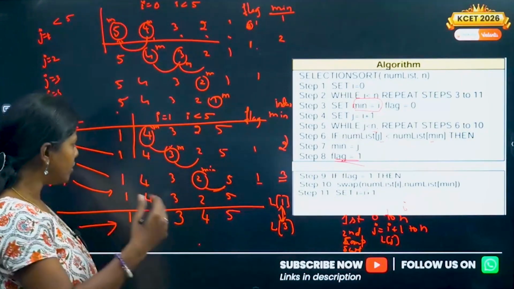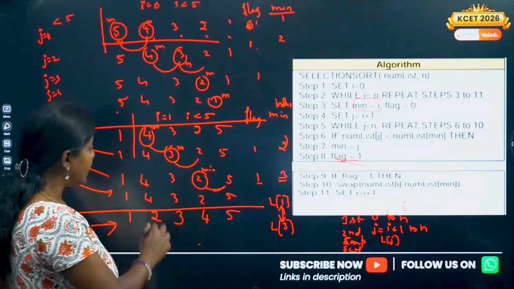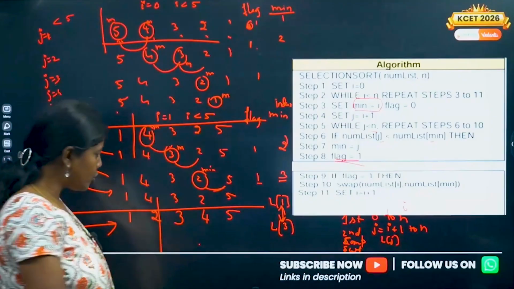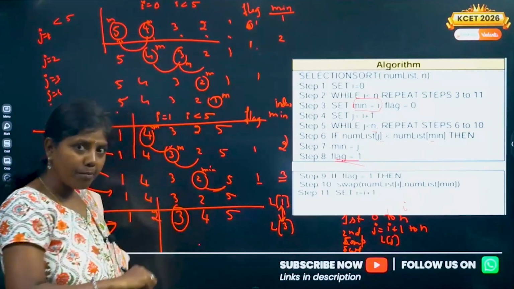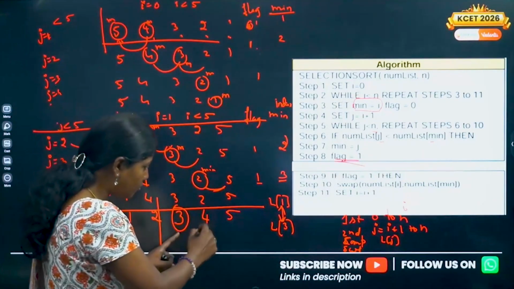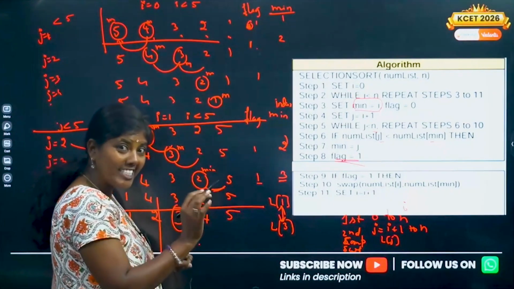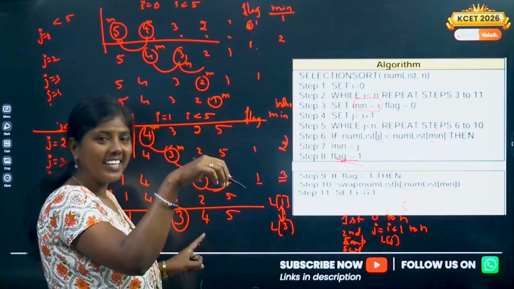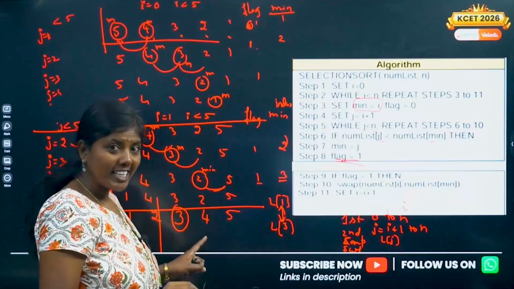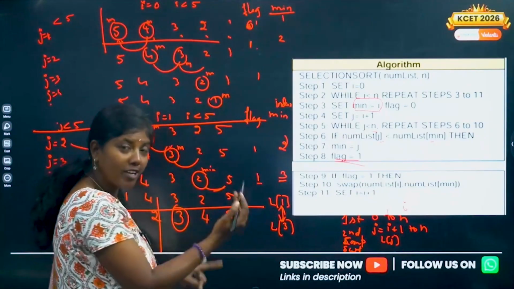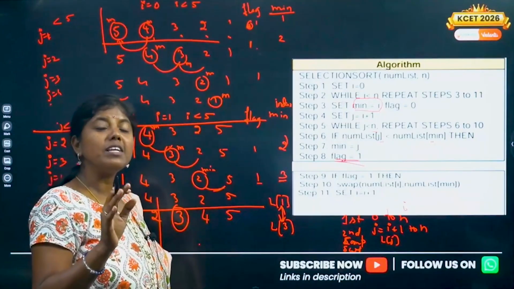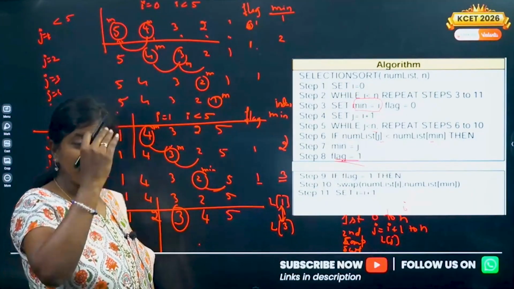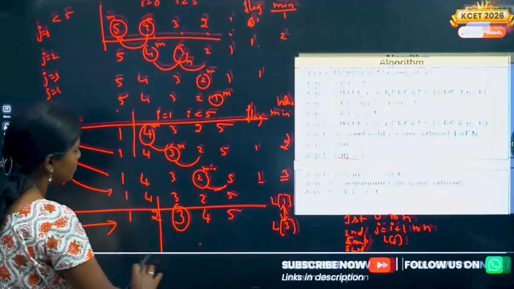Definitely not. It is going to continue with the further iterations also. Then it is going to check. See, in this, 2 elements are already sorted. In the next iteration, what is it going to take? It is going to take min as the third and third. Then it's going to compare, then retains as it is, no changes. Flag will not be set to 1 because it is 0 only. This is not going to change. And then again, this will be the minimum, 4, 5. Again, it is not going to change. It is placed as it is. So this is what a selection sort is. See here, in that iteration, so many iterations it took.